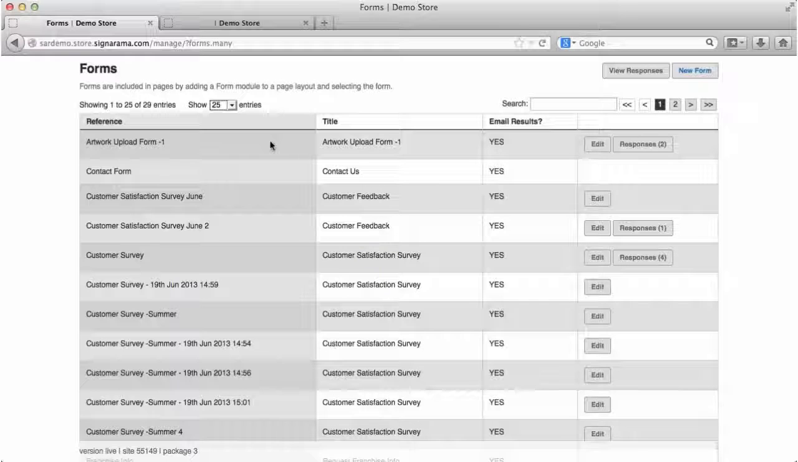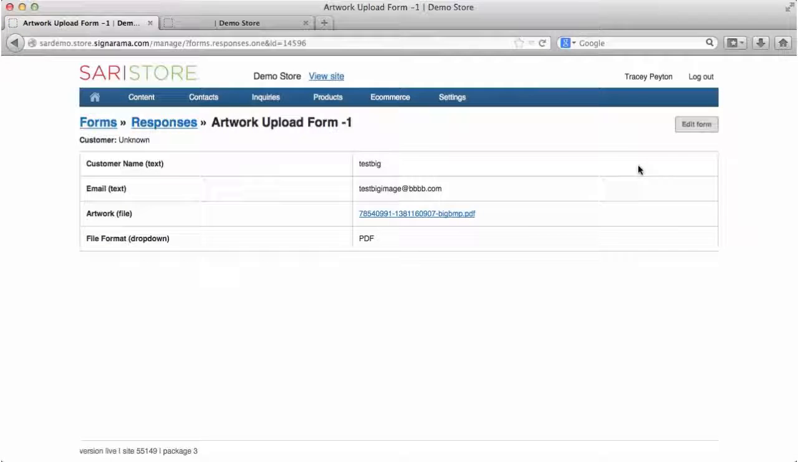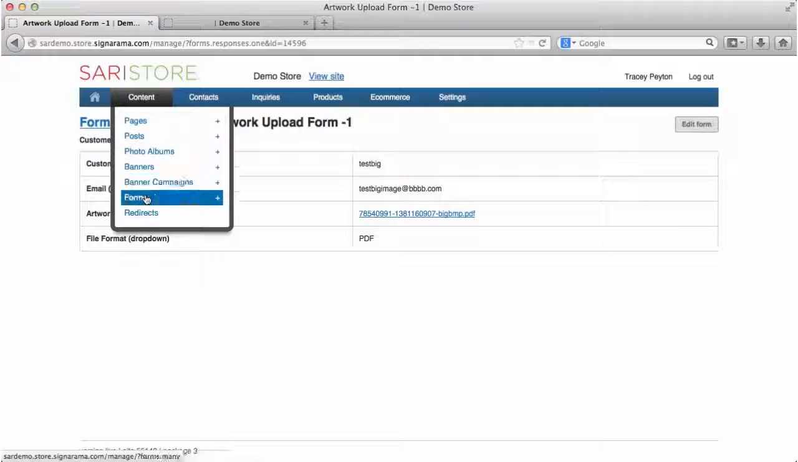So you can see that I've created an upload artwork form, and you can edit that, as well as see the responses for that form. If I click on responses, I can see the 2 responses that I have of that artwork upload form. And then I can actually view that response and see the customer, the email, and the artwork file. Now, if I go back to content and forms,